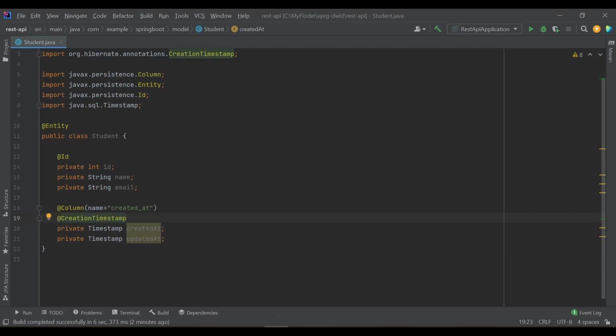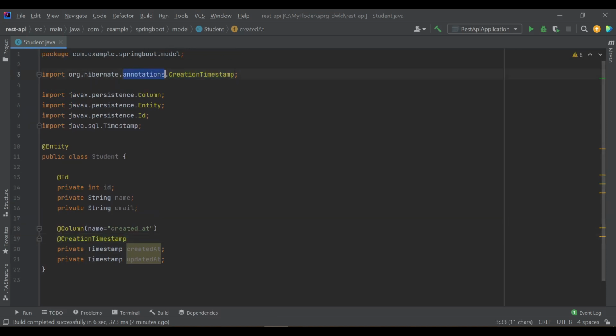This is from Hibernate. What this will do is, whenever you insert any data into the database, it will insert the current date and time. So let's take this and do the same for updated_at.